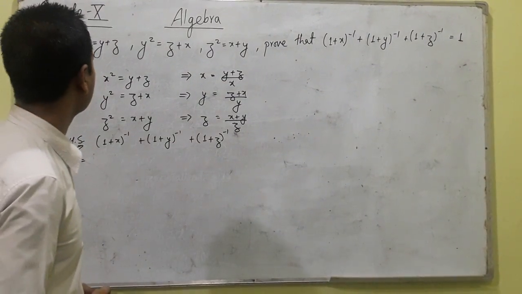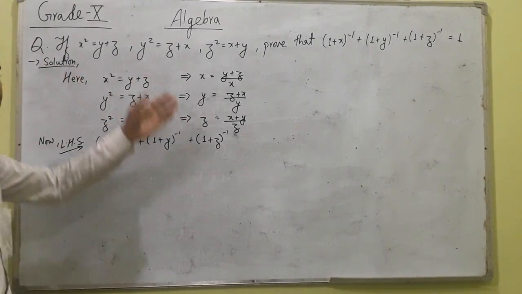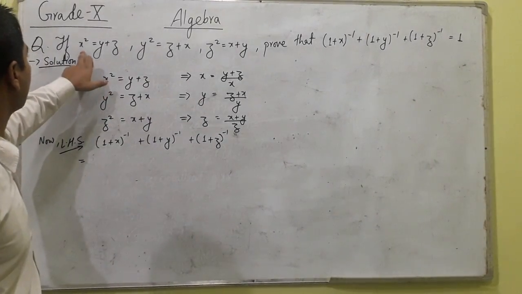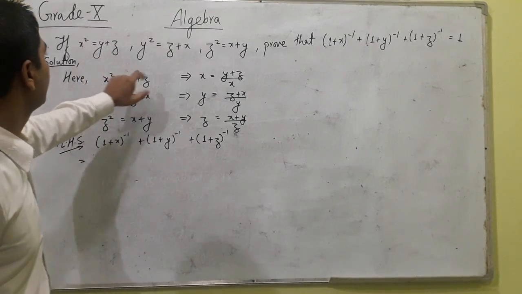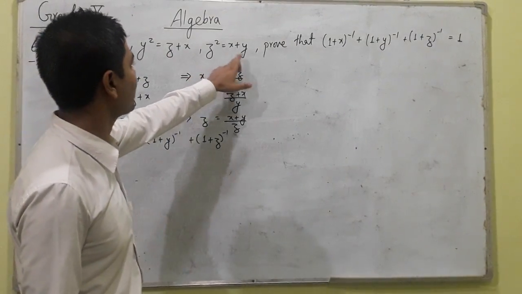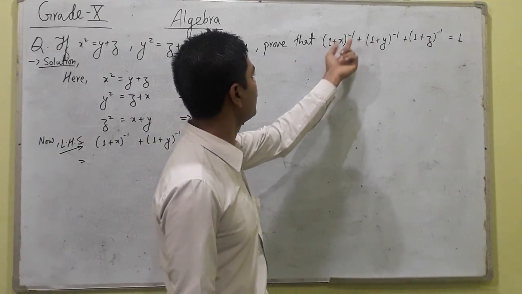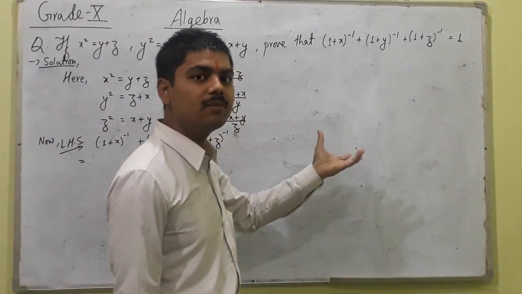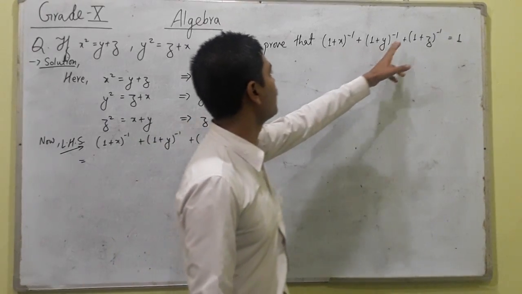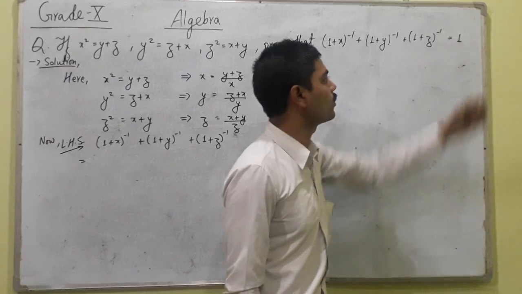Hello students, I've got a question to solve from algebra here, and the given question looks like this: x square is equal to y plus z, y square is equal to z plus x, z square is equal to x plus y, and we are asked to prove that the inverse of 1 plus x, plus the inverse of 1 plus y, plus the inverse of 1 plus z